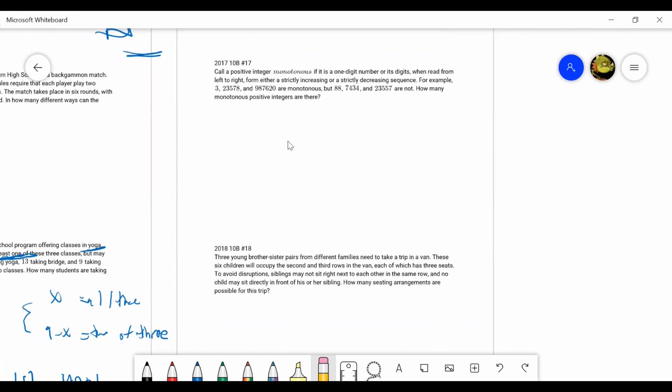All right, and I want to go over this problem because there's a way to connect a lot of these strictly decreasing or strictly increasing integers with combinatorics. So essentially, since these numbers are strictly increasing or decreasing,